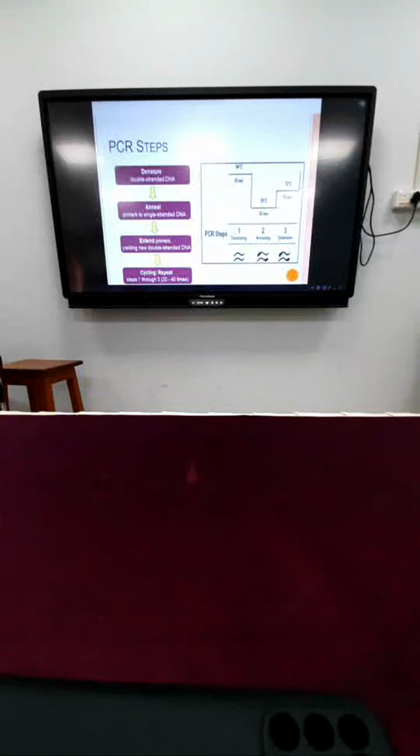You can identify the product after 30 cycles or 40 cycles, depending on need. If you cannot identify it, then the number of cycles will be increased, so you get more and more amplified result. So ultimately you can identify it this way: denaturation, annealing and extension. So the cycle is repeated 20 to 40 times. I think that will be enough to identify the